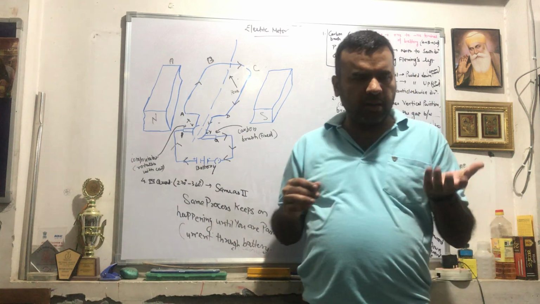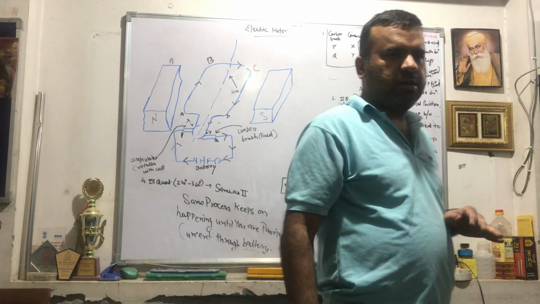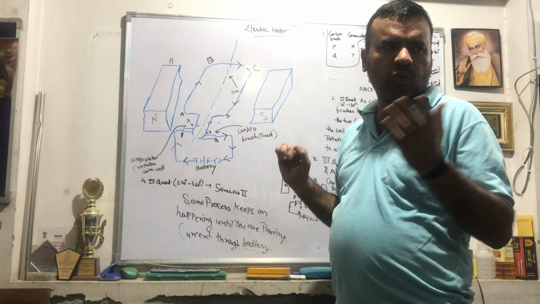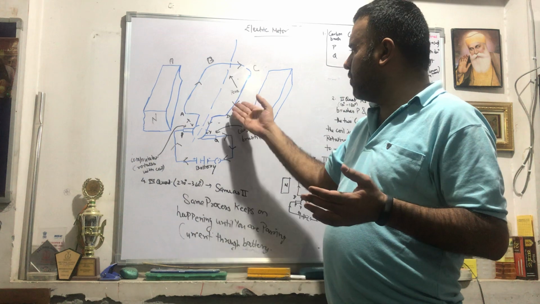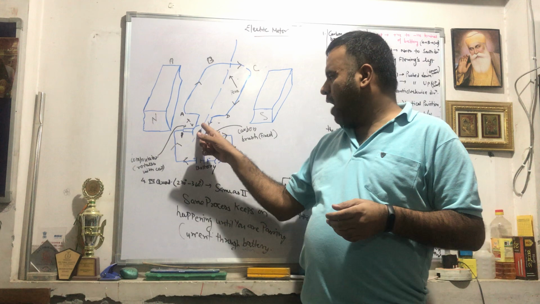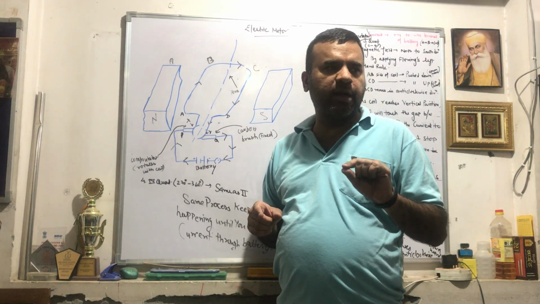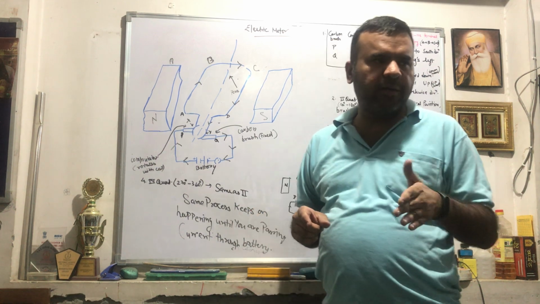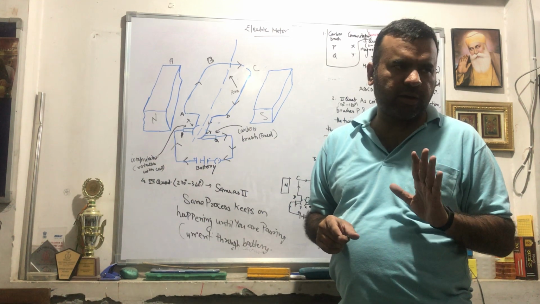right? Regarding the construction, you can see we have a U-shaped magnet whose function is to create magnetism around the rectangular coil. We have a rectangular coil which is playing the role of a conductor. We have split ring. The other name of split ring is commutator, and its function is to reverse the direction of electric current, right?